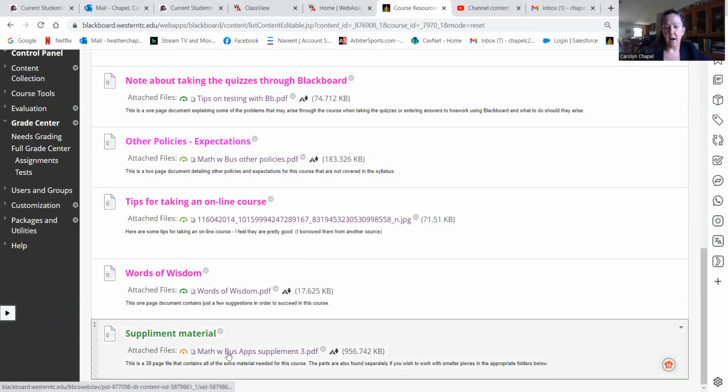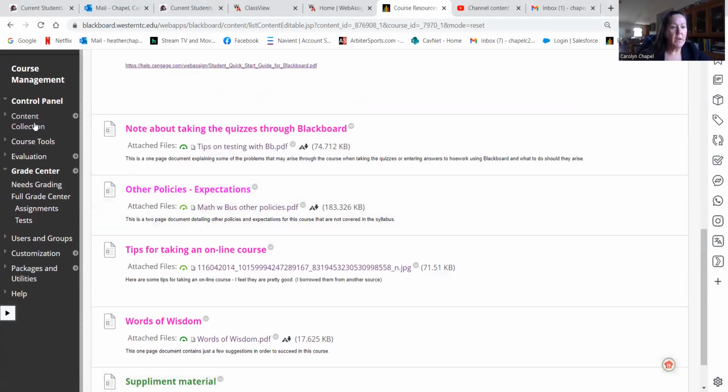This supplement is quite large here. It is broken up into its pieces and placed in other locations throughout our site as we need them. But it is housed completely here. So this is material that is outside of our textbook that we've written up to kind of supplement or beef up or help with the textbook where the textbook might be a little bit lacking. Okay, and that is found in